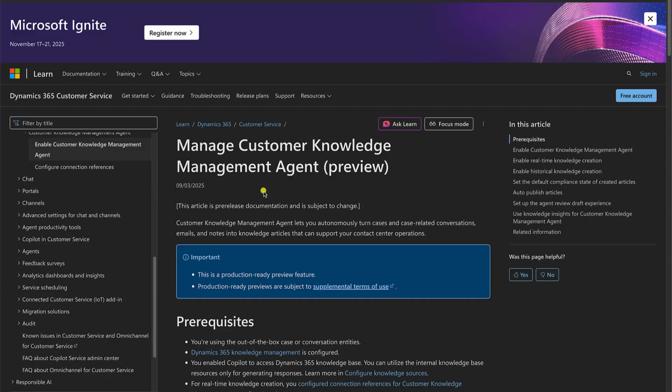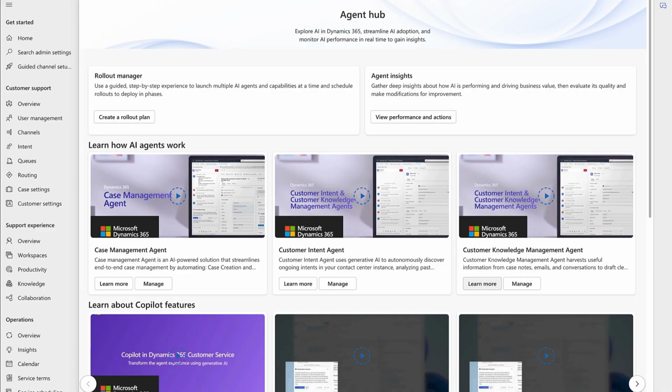At the moment, you can have a feature that when you close a case, you get a pop-up to say, do you want to create a knowledge article off the back of that and its resolution. So it'll be really interesting to see how this agent develops on top of that and really takes over the control of that. And obviously the key bit there being autonomously. So it'll be interesting to explore that and see what's happening.